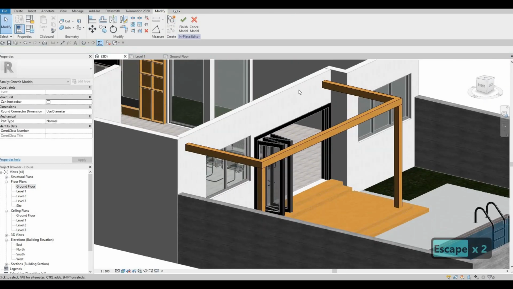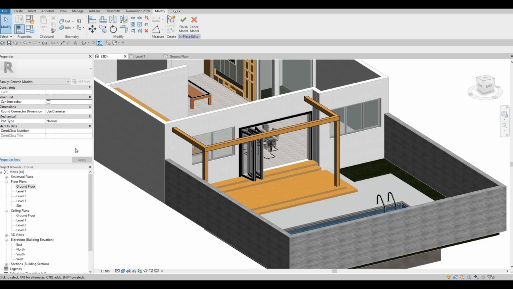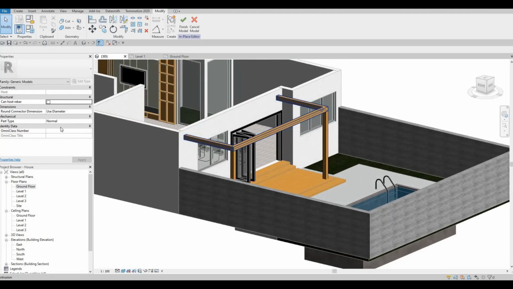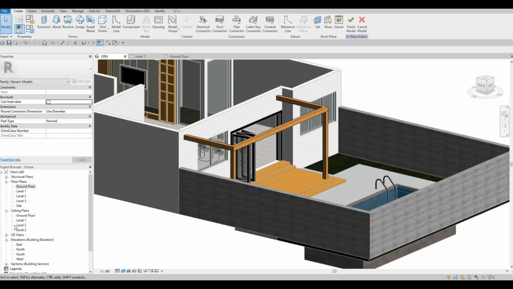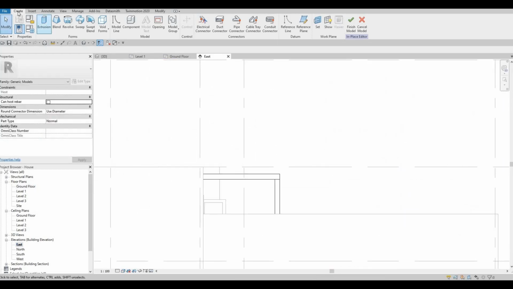So we have our stuff right here. We just need to add the remaining. So the way I'm gonna do this is I'm going to set something right here on this side. So we could go to maybe east elevation and then create another extrusion, pick a plane, and then here we're going to